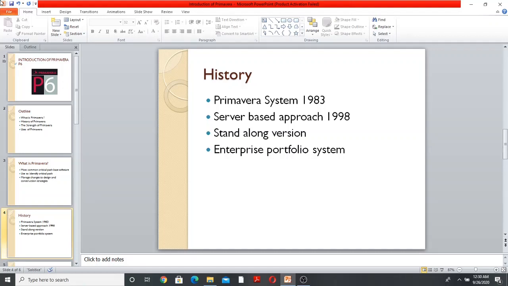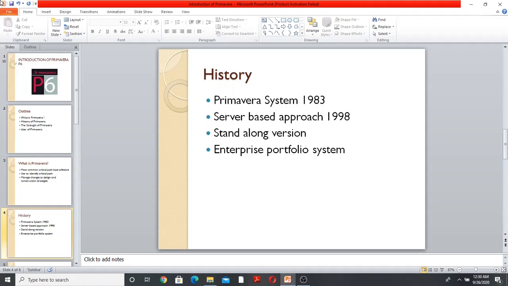So first of all, we will talk about the standalone variant. You will find that the standalone variant is used in the vast majority of cases by contractors and suppliers. They use it as part of their reporting requirements and complex jobs. Enterprise portfolio system: a much smaller number of people use the enterprise portfolio system for strategic planning purposes. The supplier will feed data into their system from the stand-alone variant.